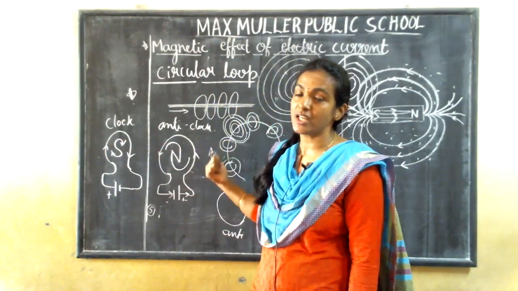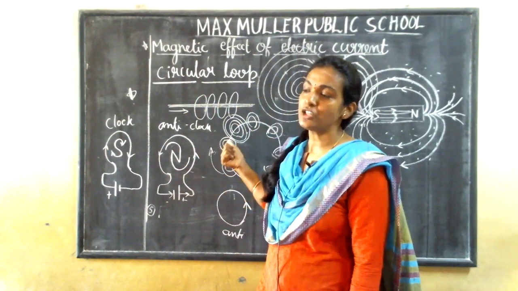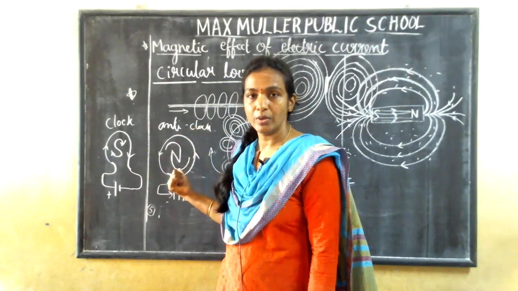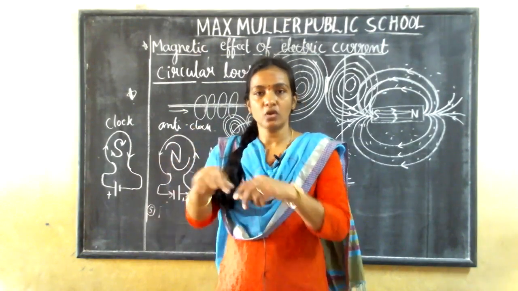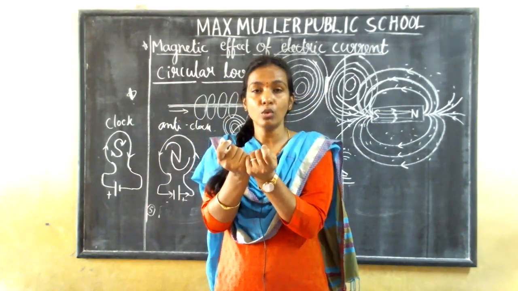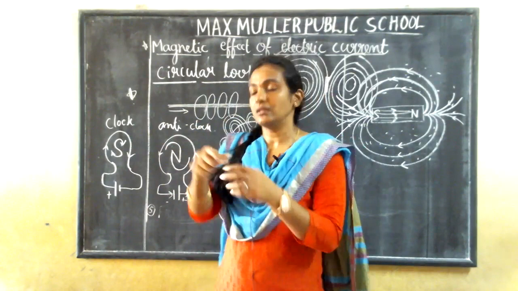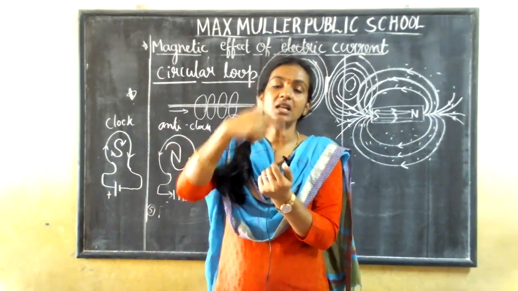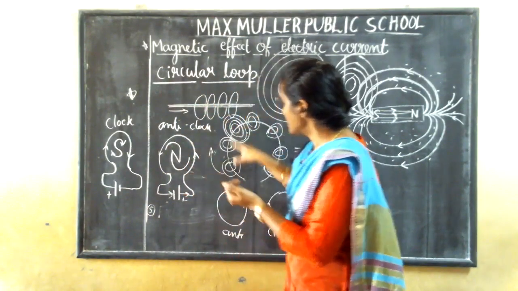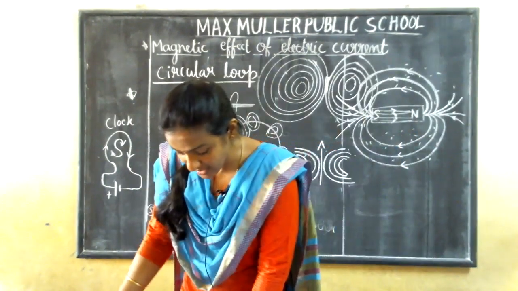If you have a straight conductor, what happens? When you apply the current, you can see all the magnetic field lines arrange in a circular loop. When you take the same wire and turn it in a round way, you will get more current here. Wire means we are going to fold it now. If you fold it, at every single point, you will get the circular field like this.